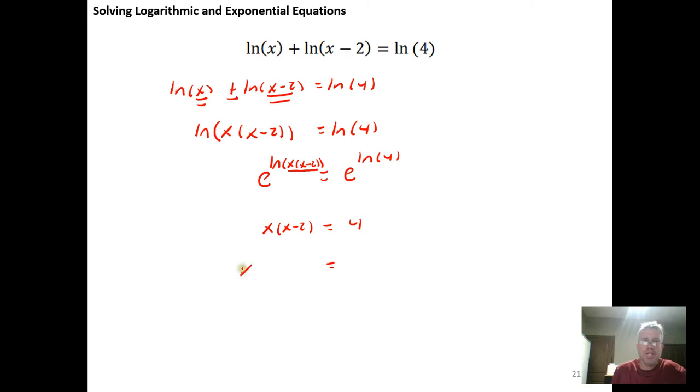And if we square this out, x squared minus 2x, or if we distribute the x into the parentheses,